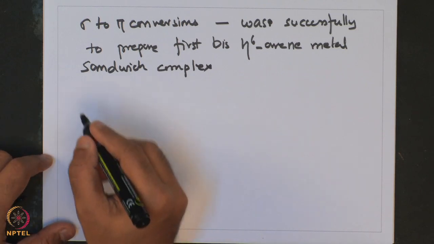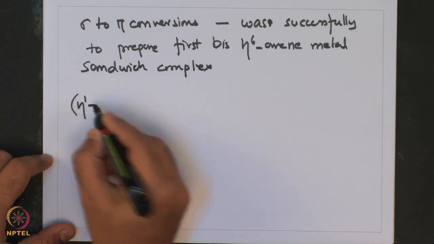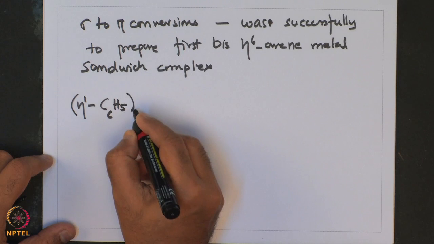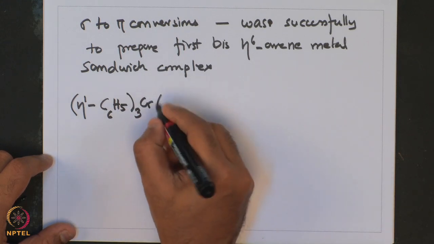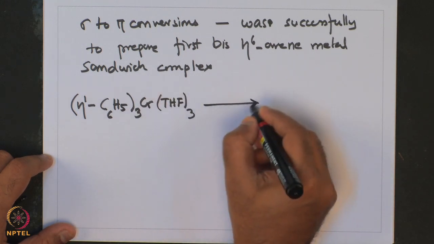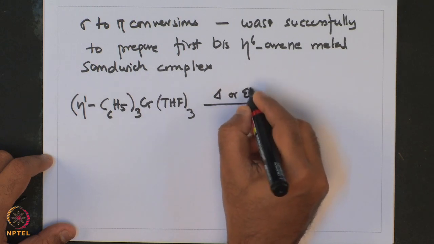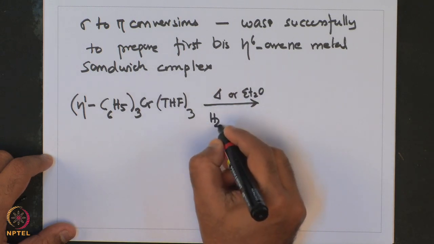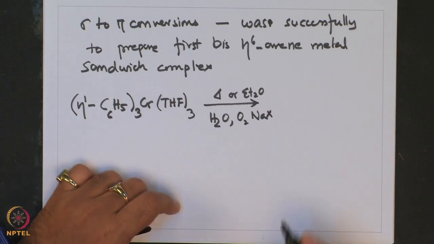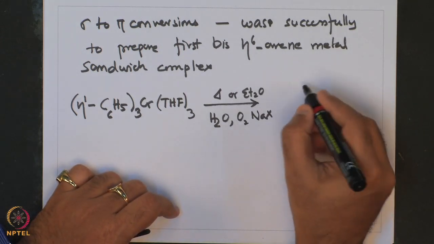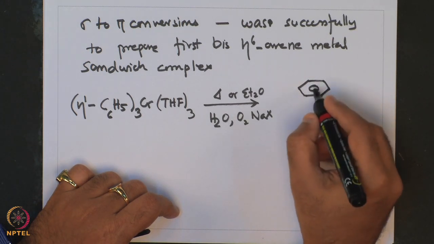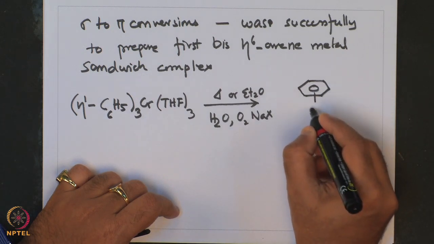Would illustrate this with an example. For example, this is η1-C6H5 chromium THF complex, which when heated or in ether in presence of H2O, oxygen and sodium salt gave a mixture of the sandwich chromium (C6H6) η6 type